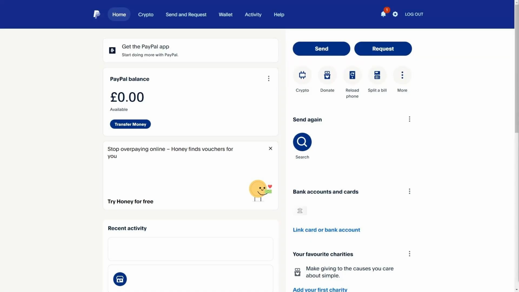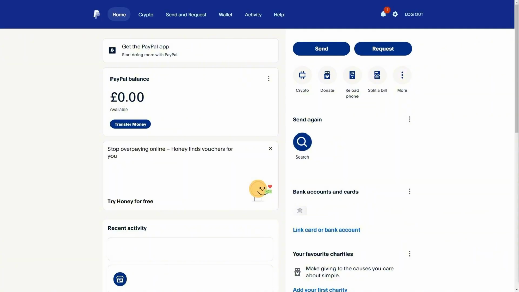In this video, I'm going to show you how to cancel a PayPal pending payment quickly and easily. First, open PayPal on your computer and make sure you log into the account that sent the payment. Keep in mind that this process only works on a computer, so you won't be able to cancel pending payments